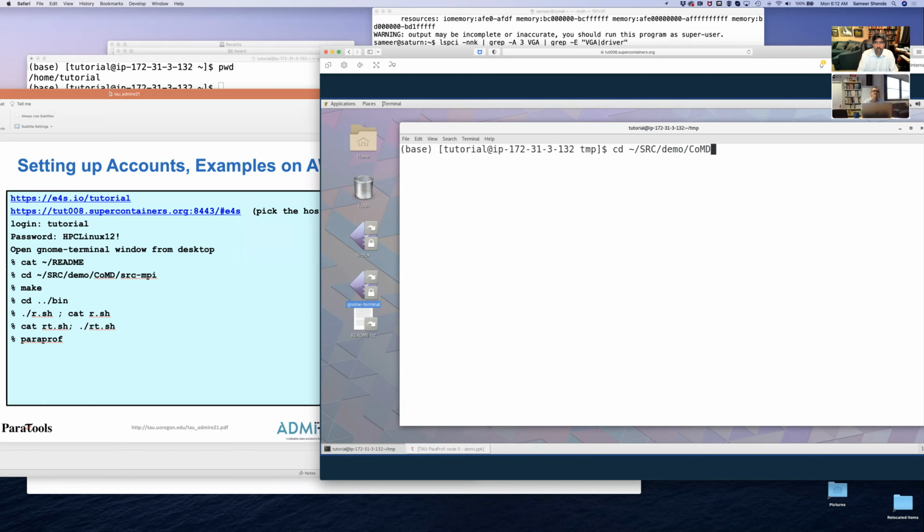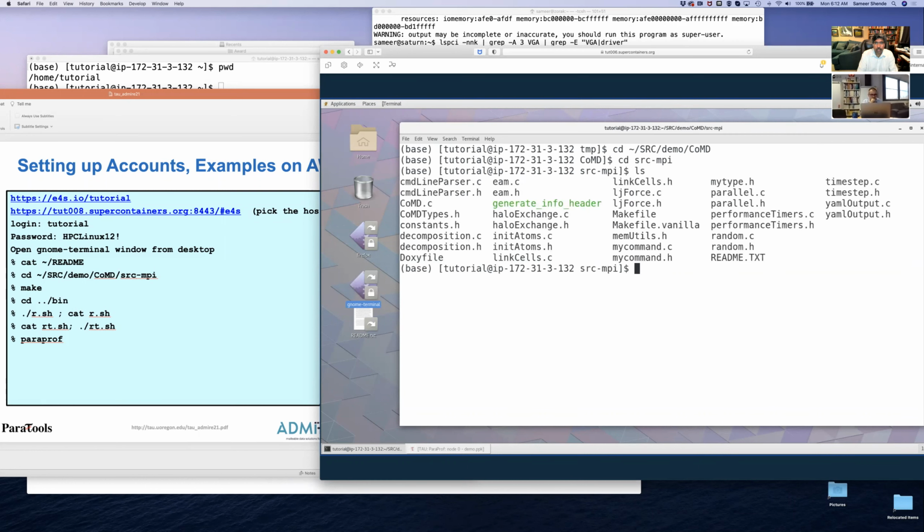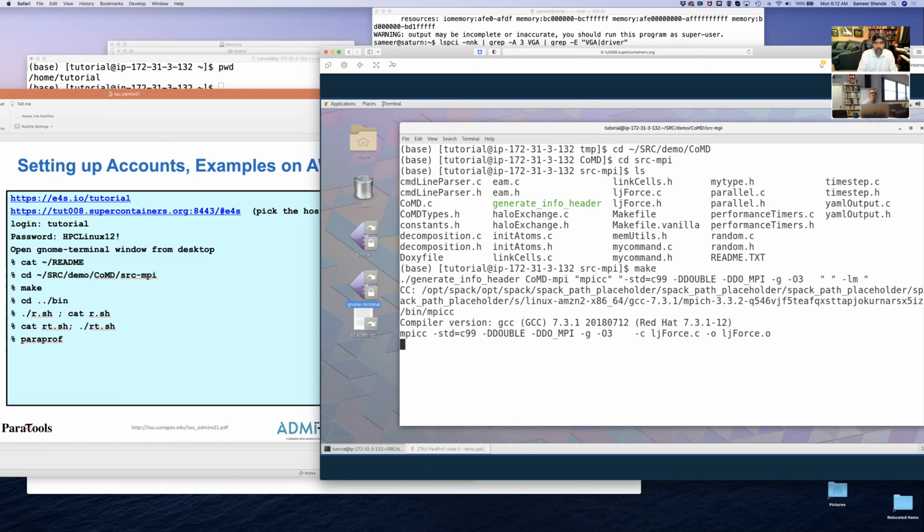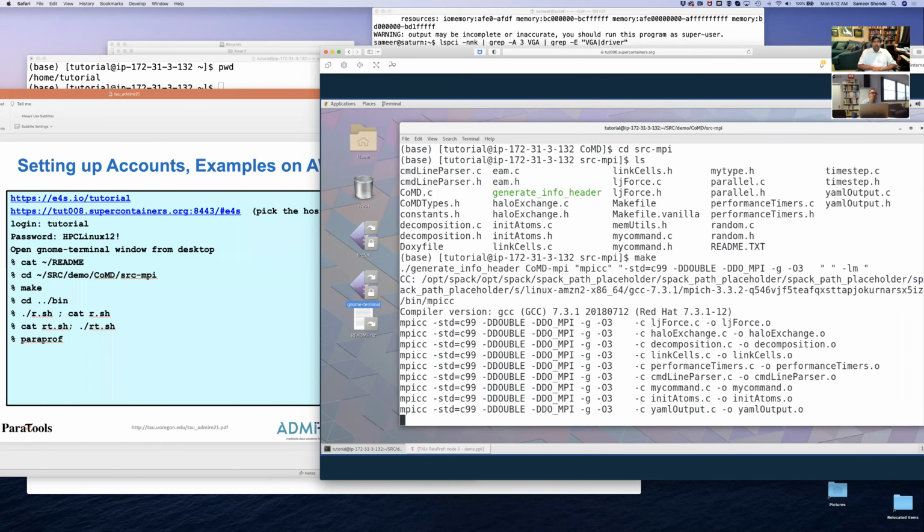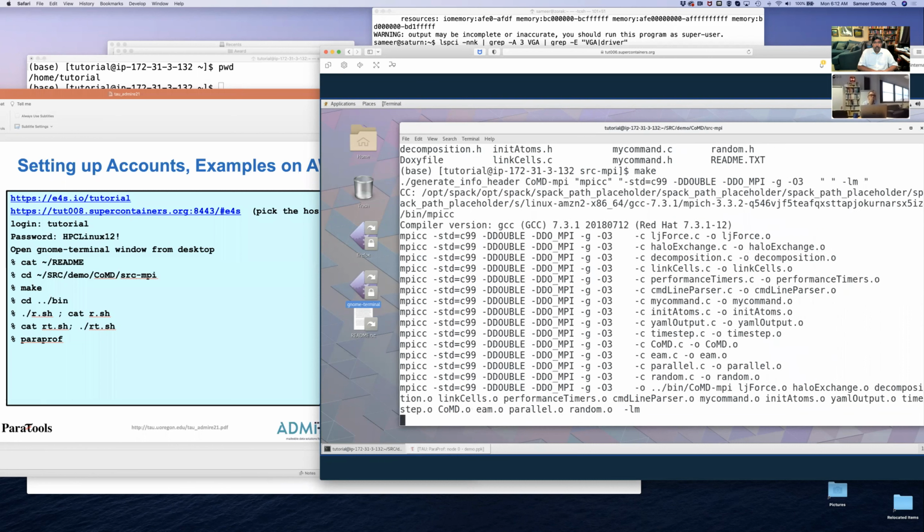CoMD example. Within this, I'm going to the SRC MPI. There's OpenMP with this as well. And I'll just type make. This is building an MPI program. I'm turning on full optimization with the -O3. I'm using the -g flag to compile it with the debugging symbol information turned on. And I see that after all the object files are compiled, they link together in this binary called CoMD MPI